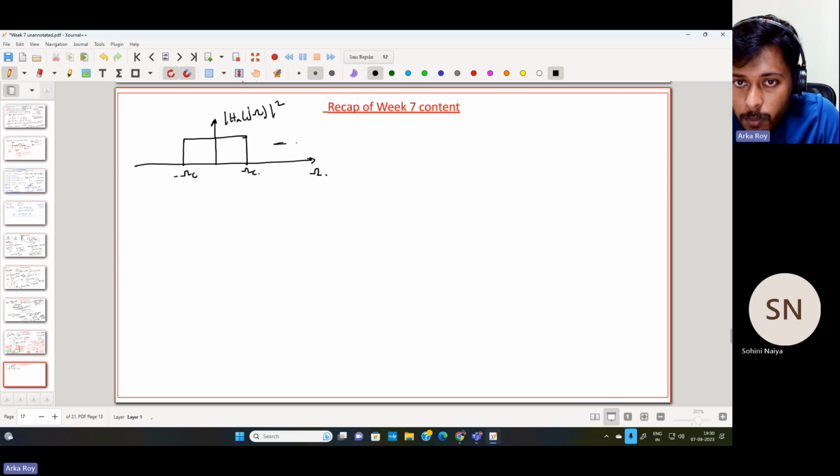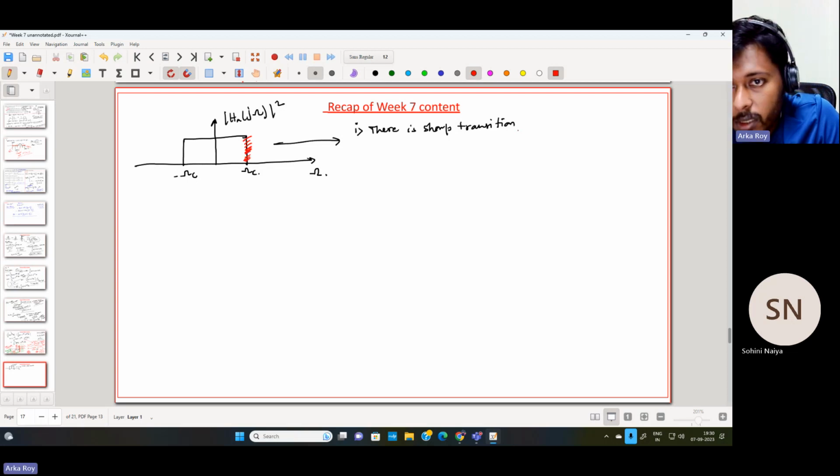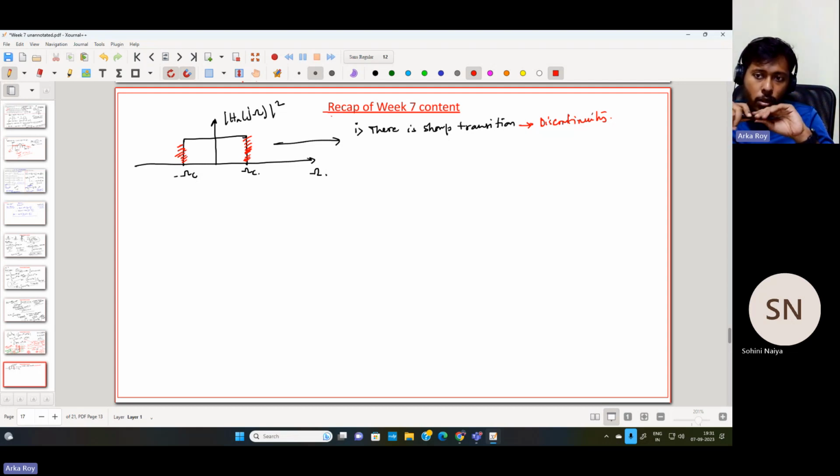But there is a problem with this particular response. The problem is there is a sharp transition at this particular region, and over here too. So this sharp transition basically raises the condition of discontinuity. And as far as analog signal processing is concerned, this particular discontinuity we cannot deal with in analog